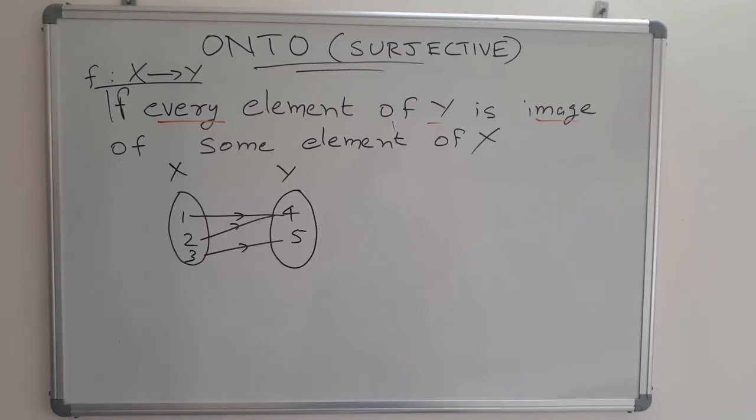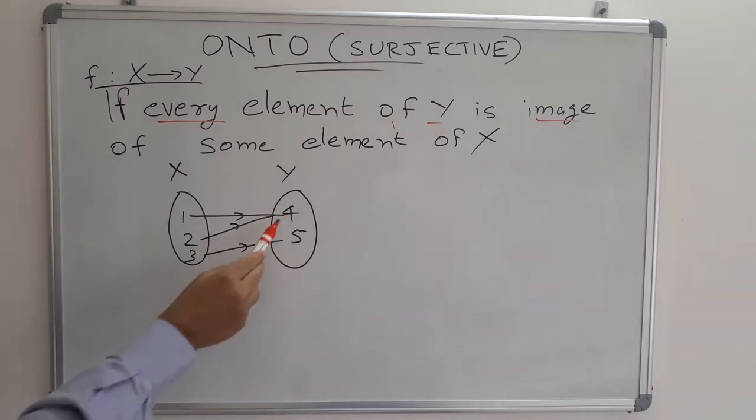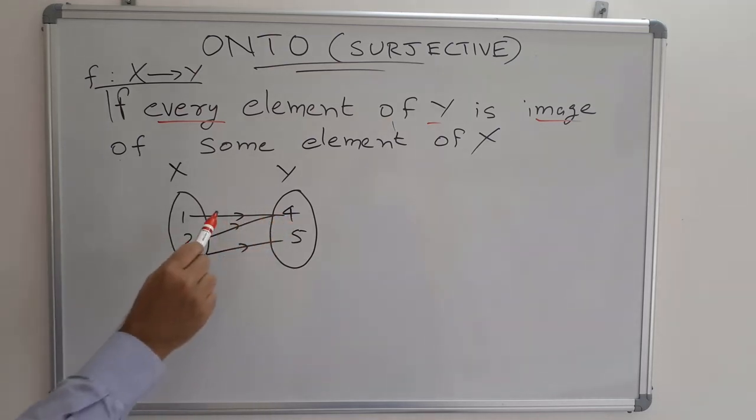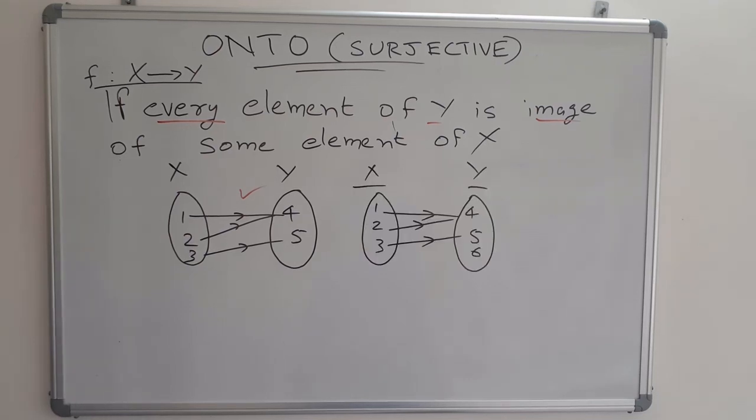See this example. Here there are just two elements in the second set, 4 and 5. And these two elements are part of this function, like they are the images of the elements in the domain. So there is no element left out. Or here the codomain is the range. So this is an onto function. See this example. Here the element 6 is not part of the function. So this is left out. And here the codomain will be 4, 5, 6 and the range is just 4, 5. So since 6 is left out, this is not an onto function.